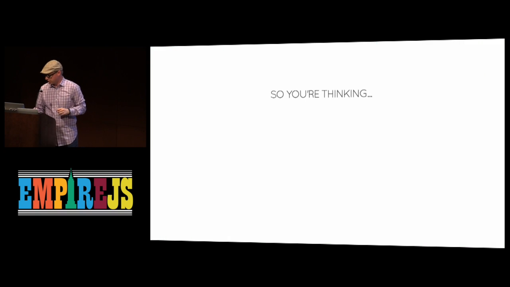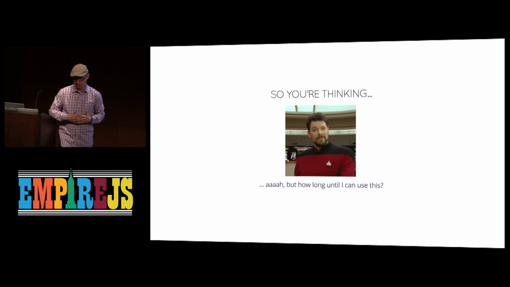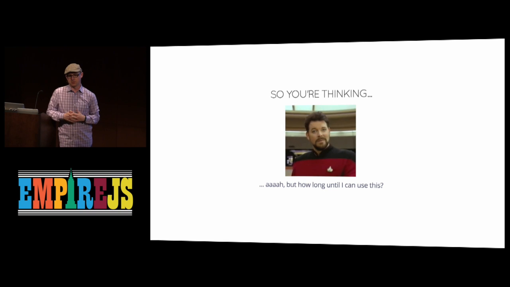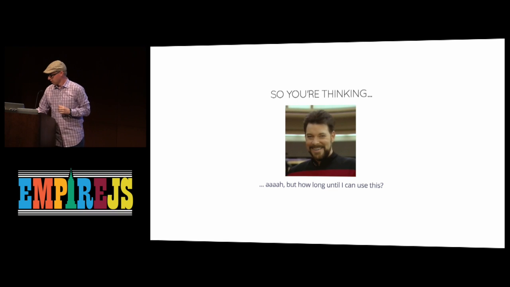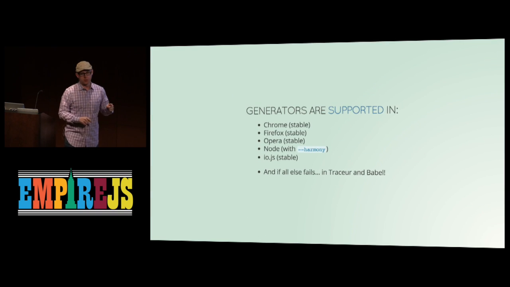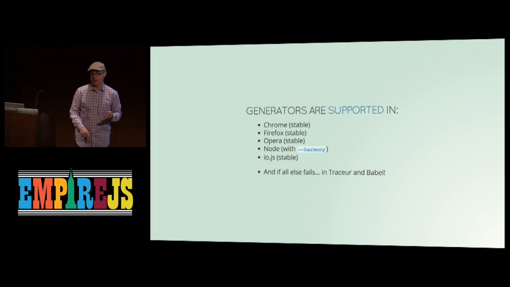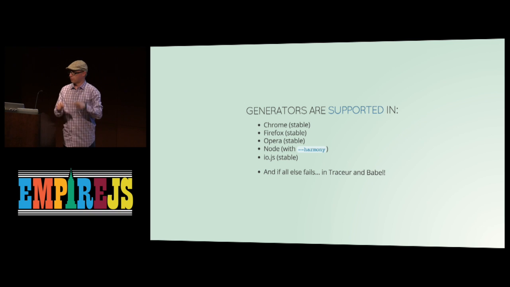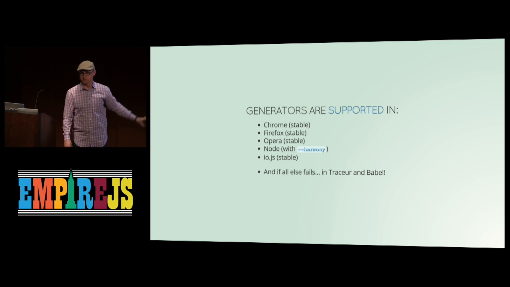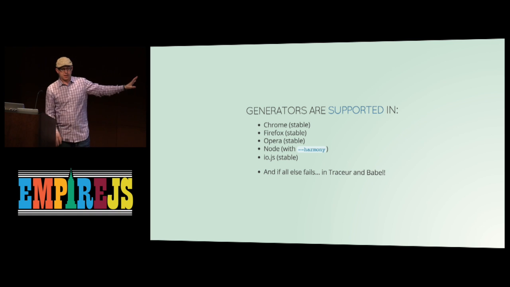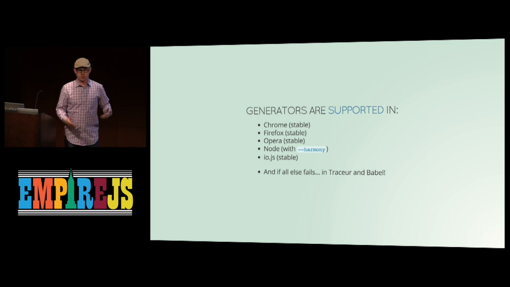So now I know you're thinking, well, this is all great and dandy, but when can I use this, right? Because generators are ES6 and I can't do that stuff yet, right? Actually, Chrome stable, Firefox stable, Opera stable, Node with the Harmony flag, IOJS, all of these things support generators right now. You can actually run all of this code that I just showed you in Chrome right now, or Firefox for you Mozilla folks. And if all of that fails because you have to support a certain unnamed browser, then